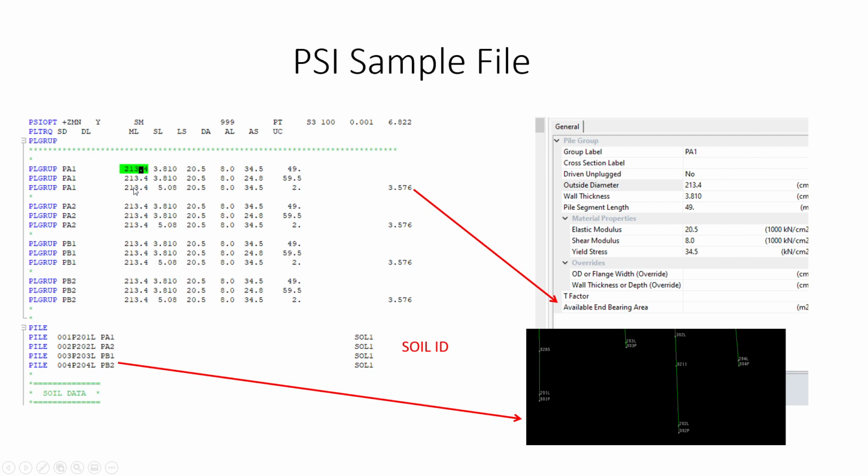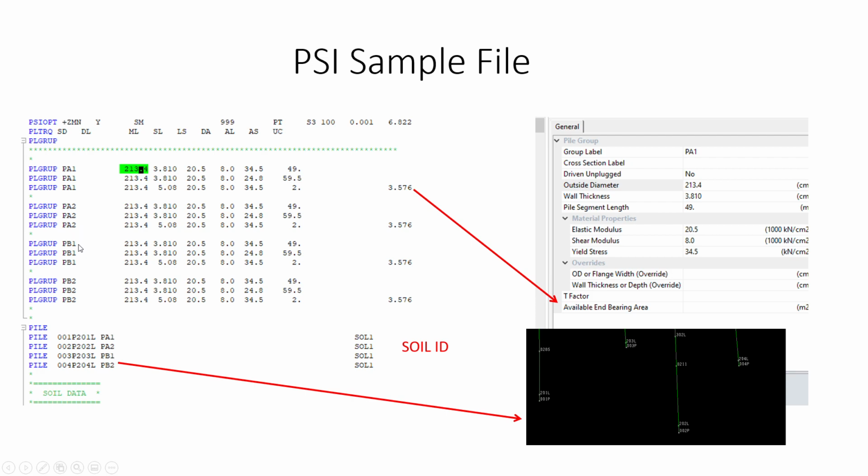And the third one, here the thickness varies. See, 50.8 mm, here 5.08 centimeter. The yield stress is 345 Newton per mm square here. And this is the end bearing, 3.576. End bearing is nothing but the area of this, which gives the end bearing of the pile, which has the tip at the bottom of the pile.